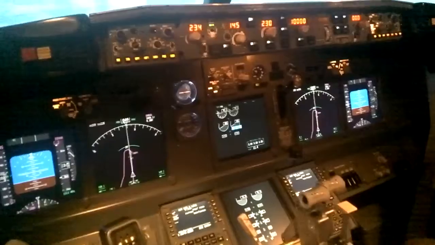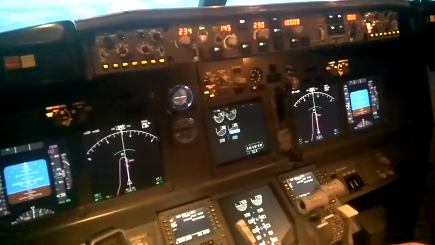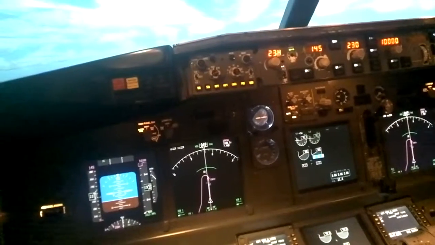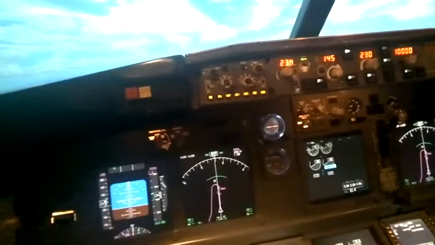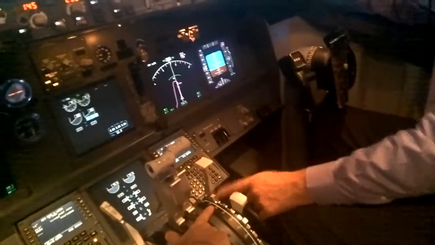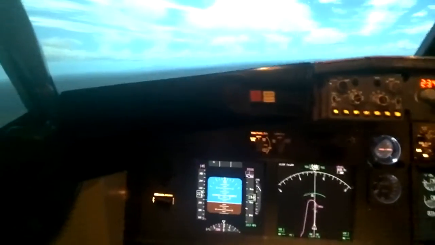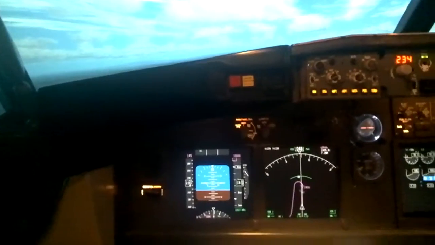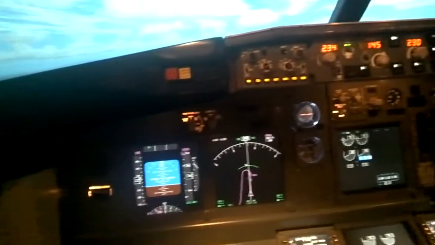So flaps 1 is at 1 degree or is it 1 what? No, flaps 1 is... It's a position, right? Only leading edge halfway. Okay, because it doesn't sound like a lot at all. You know what? It doesn't sound like a lot. No, it's not. It's only leading edge. Okay. It's not trailing edge at all. Okay. So right now, look, I'm trimmed. Now you'll let it come up to 2